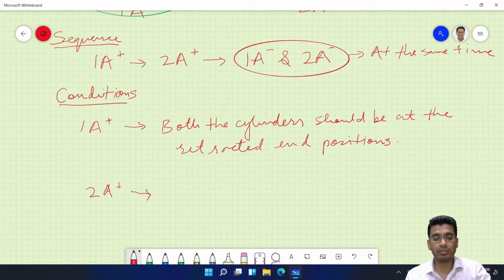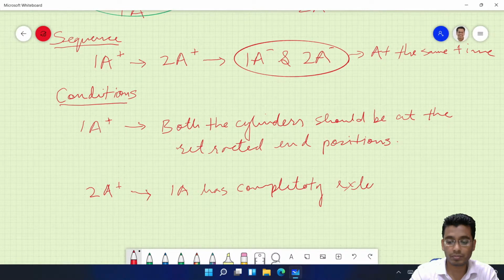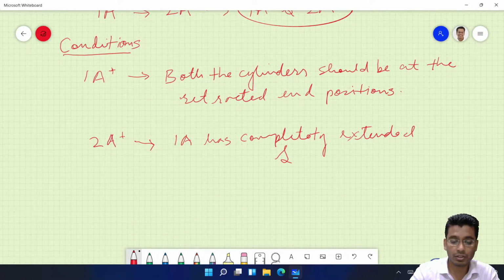Okay, the condition for 2A plus is that 1A has completely extended, fine, and 2A is in the retracted end position.